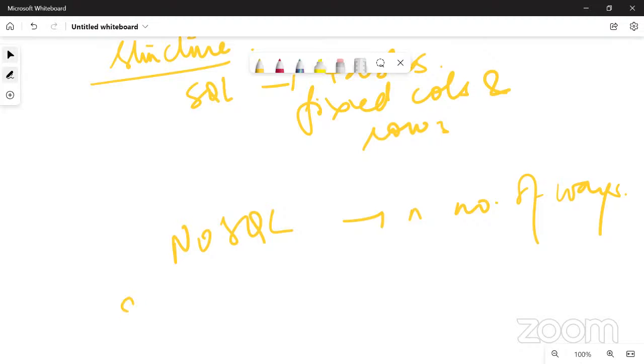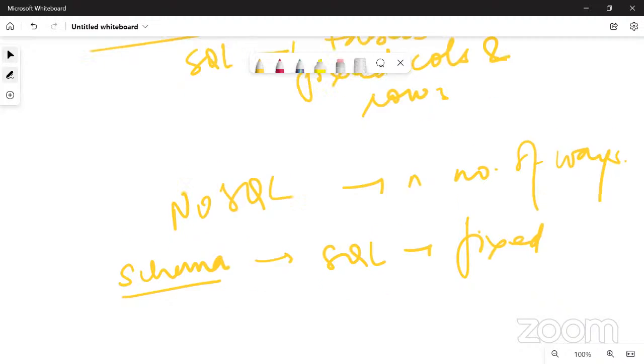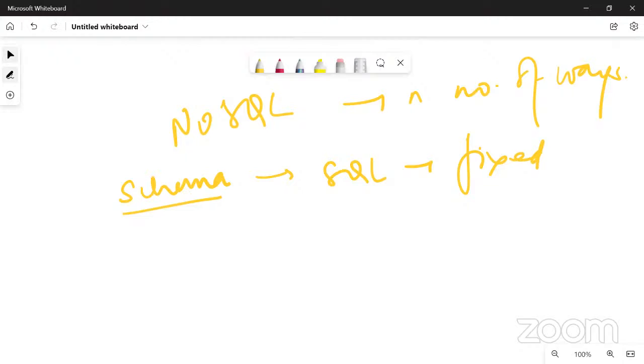The second difference comes in the form of schema. SQL databases require a fixed, predefined schema. All the data for SQL, the schema is fixed, and all data must follow a similar structure to get stored. Consequently, a lot of preparation regarding the system is required upfront to prepare the schema as well. Plus, the flexibility is compromised.